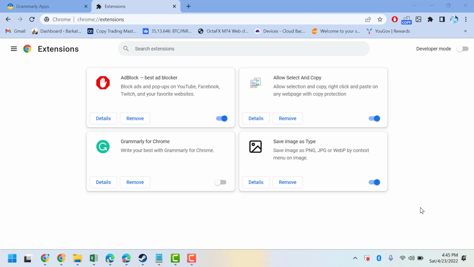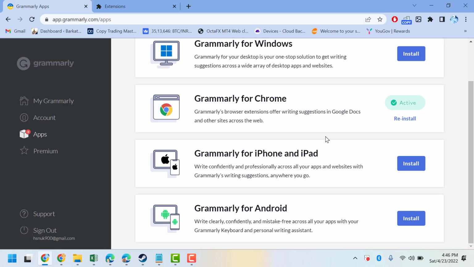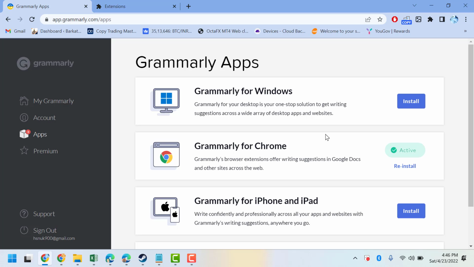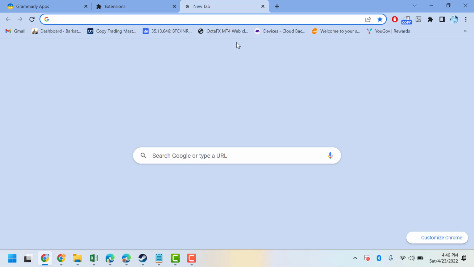In this video, I will show you how to permanently remove the Grammarly extension from your Chrome browser. So if you installed it before and you want to remove Grammarly permanently from your Google Chrome, there are two ways. First method,